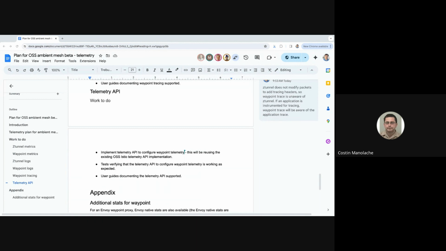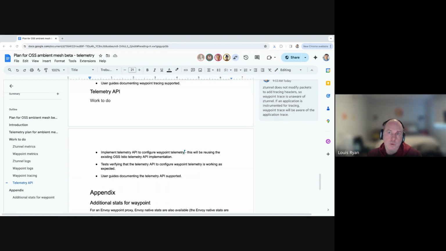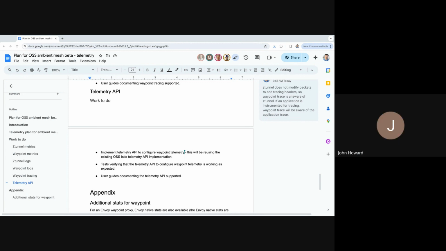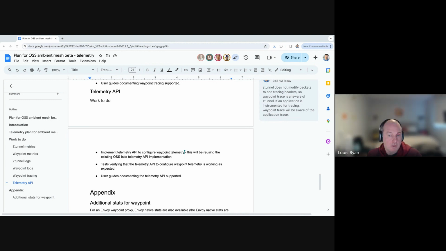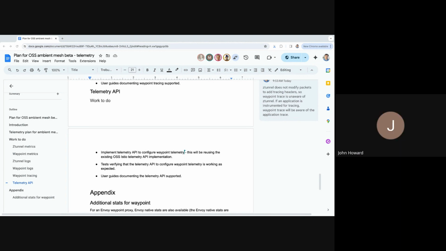So John, just a quick question. Users definitely want to configure telemetry. The telemetry API allows for very fine-grained configuration as opposed to admin-only configuration. Yep. Do we hear users want to do anything other than admin-only? That I have less data on.